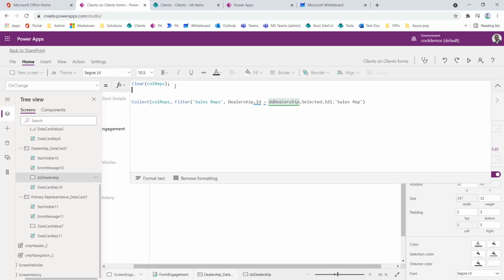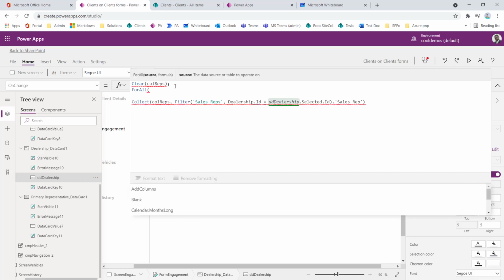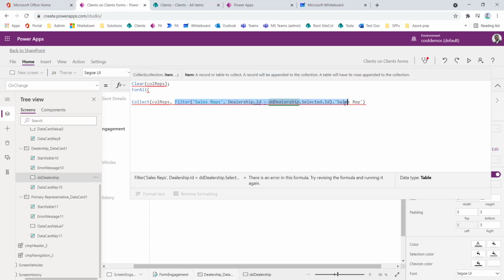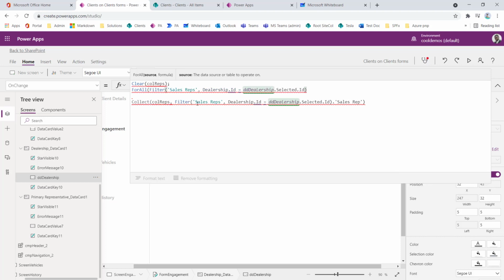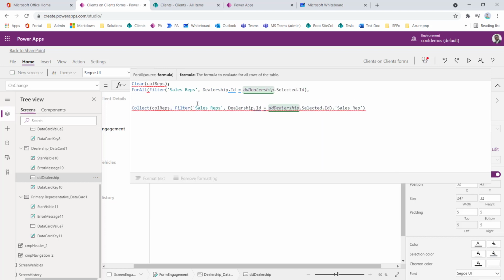And I don't know why I have to do them one at a time. So if I do a for, this is like a for each loop. So once I do this filter, right, let's copy that, paste that in. Once I do this filter, for each record that's returned in that table provided by the filter, I want to